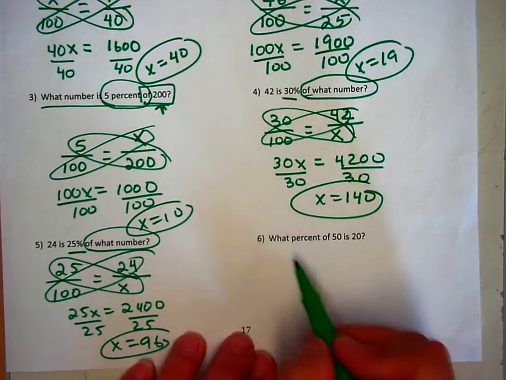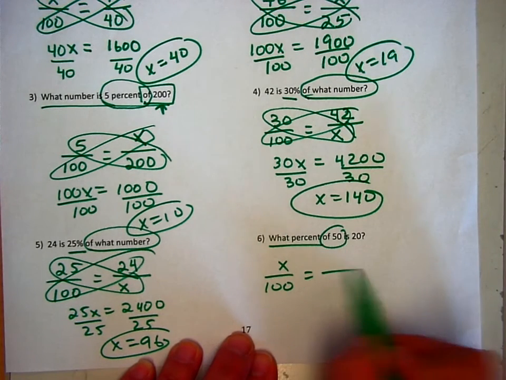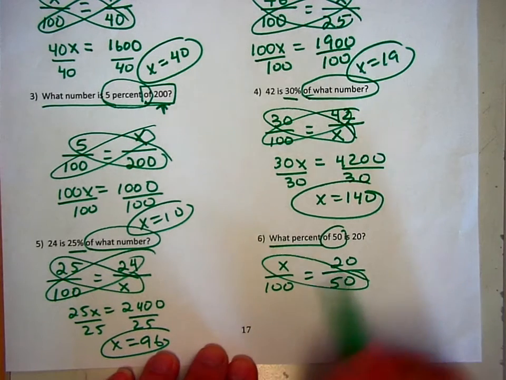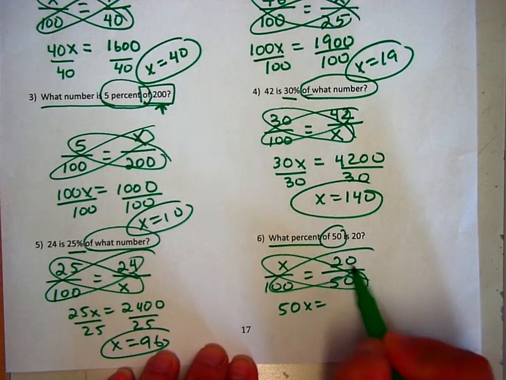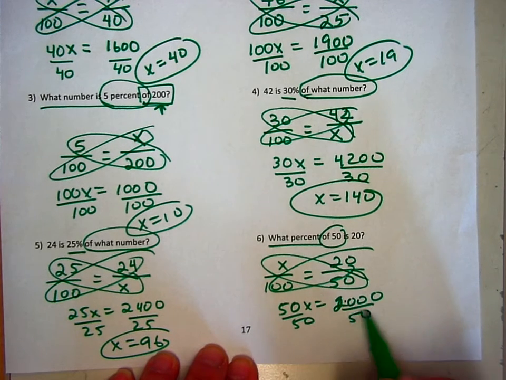And lastly, what percent? So I know the percentage of, that's your total, goes on the bottom. 20 is on the top. 50x equals 2,000. And divide, divide, x equals